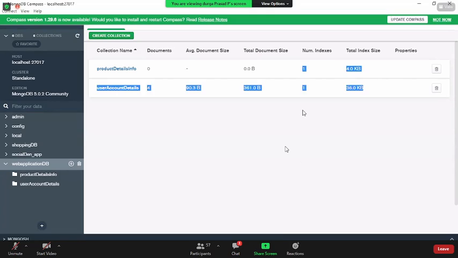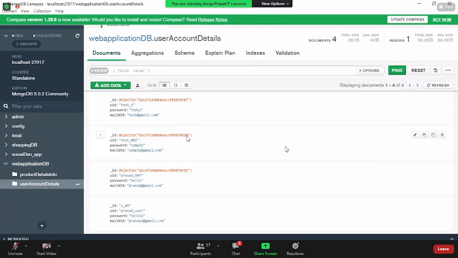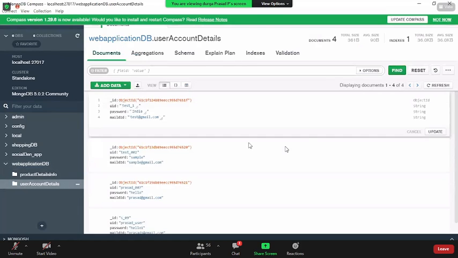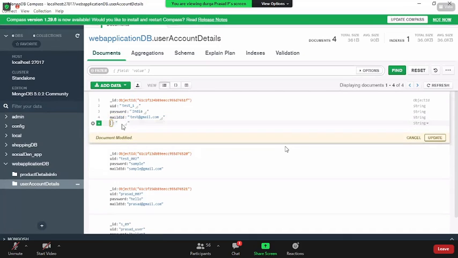Now, the only thing is here, I haven't added the numbers. Assume I'm going to edit it. I want to go with plus here. Add field after mail ID. I say something called count. Now, I want to make it 0. Why is it becoming a string? I don't want it as a string here. Let me make it an int 64. Now, if you see here, I can even insert it.